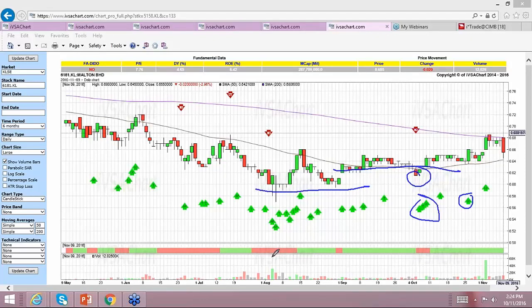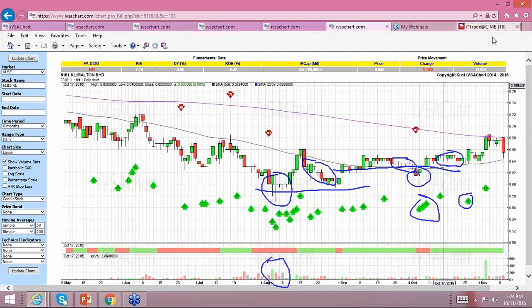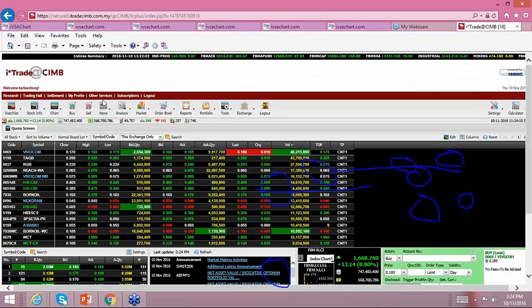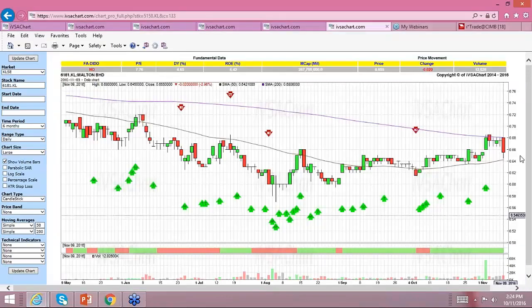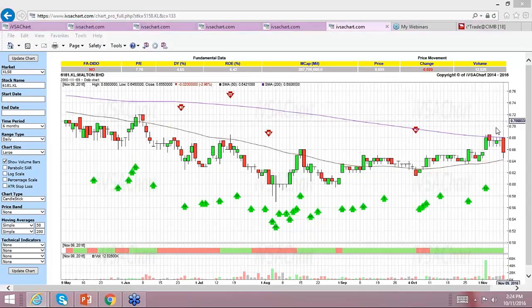As you can see, the support background, and we have seen that there is a level of accumulation for many months. We have also seen the floating supply has been removed. Now let's see what it is doing now. Okay, it's at 67 cents, so it is still around this level. Now the longer it is around this level, and if we see follow through and it meets our 18 line change entry requirement, this is a good stock to continue to observe.